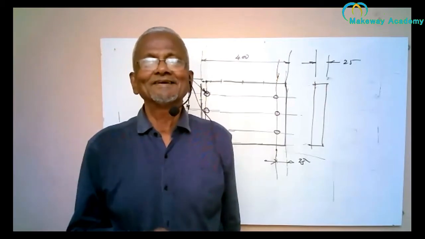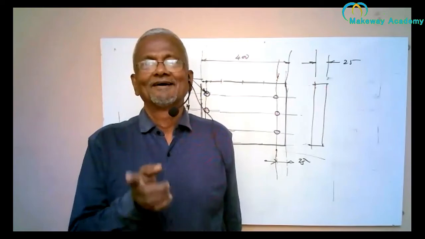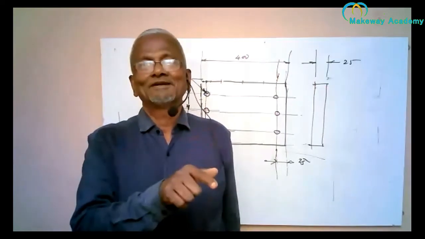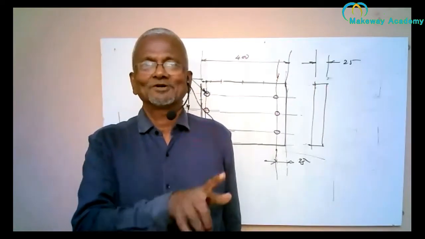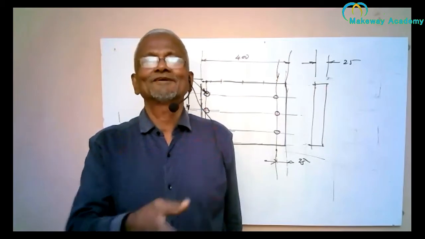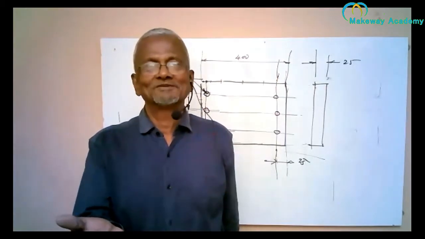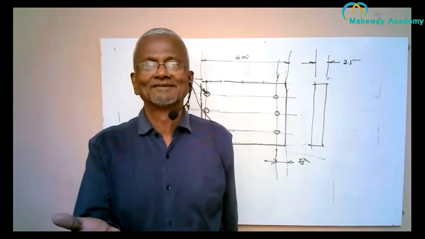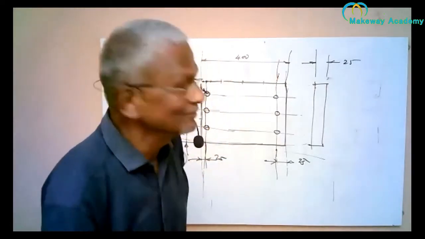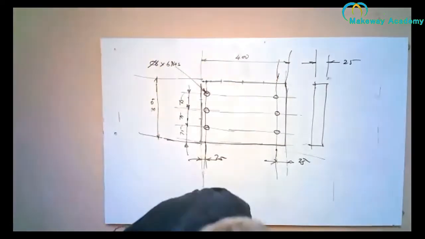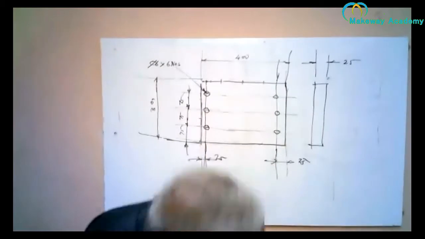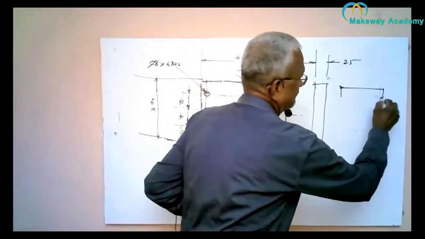The assembly drawing, I have not drawn. I drew the isometric view of the assembly drawing. That is also allowed. Or you can draw the orthographic views of the assembly drawing. Very simple. So what will be the front view? The front view will be like this. See? This is a front view.